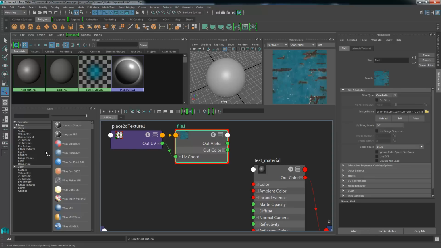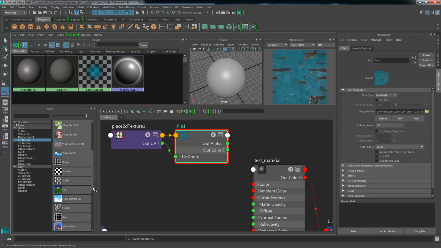You can find this node from the 2D textures menu if you ever wanted to create your own. If you click on this guy, this network will set up itself. You don't have to go and create the 2D placement node yourself. You can just click on that file node and it will do the rest for you. And then from here you can go and indicate the exact path of the texture. Once you're happy with that, Maya will now be able to take this information and pass it along to your